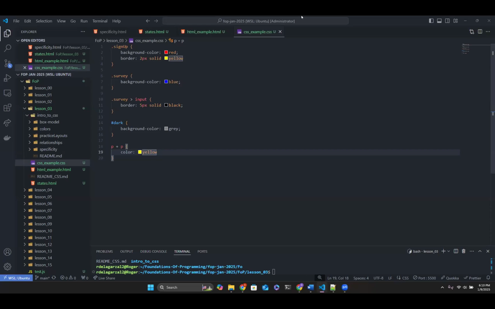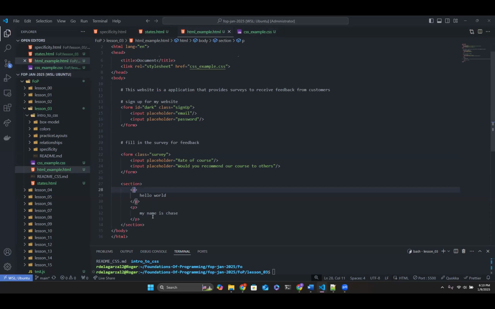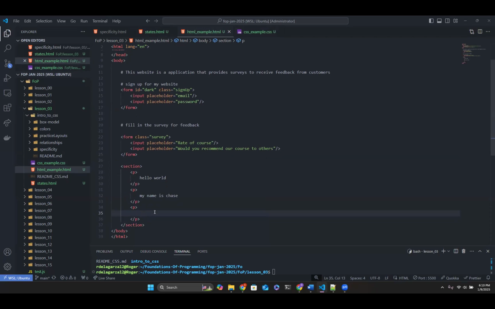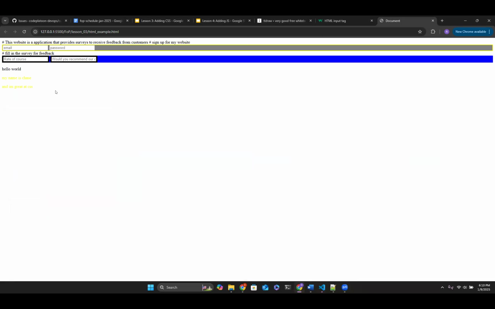Now, what if we add a third paragraph tag? How would that look? Would that be just the middle one colored? Yeah, it would be just the middle one. Oh, okay, I'm done. Never mind. It looks like it did everything else afterwards. I'm actually kind of curious how this works. Is that because when you added that third one, it's kind of forgetting the first P and then just taking the two last ones?